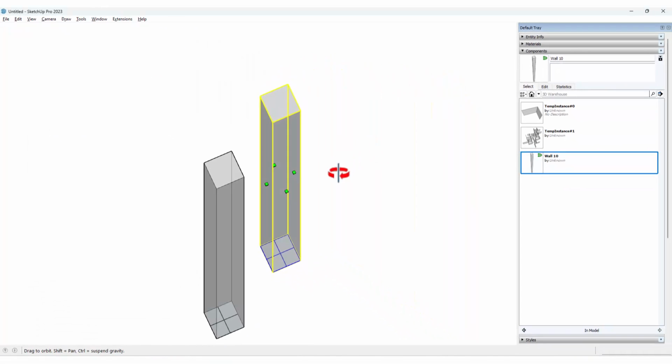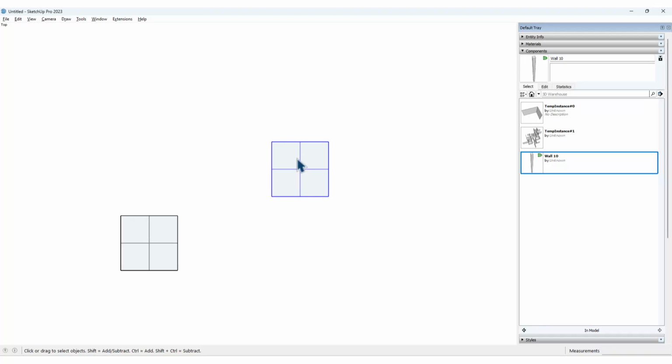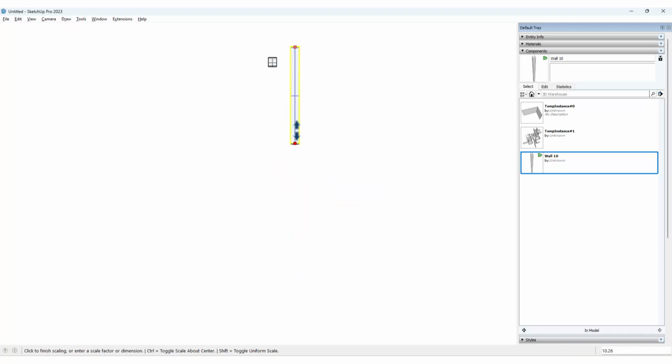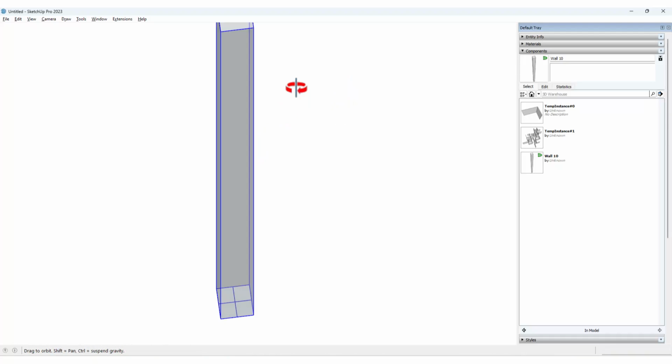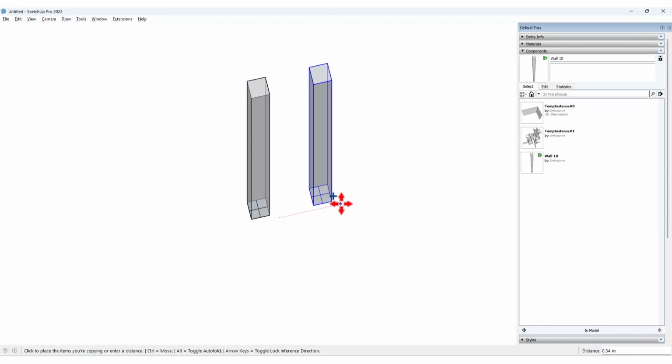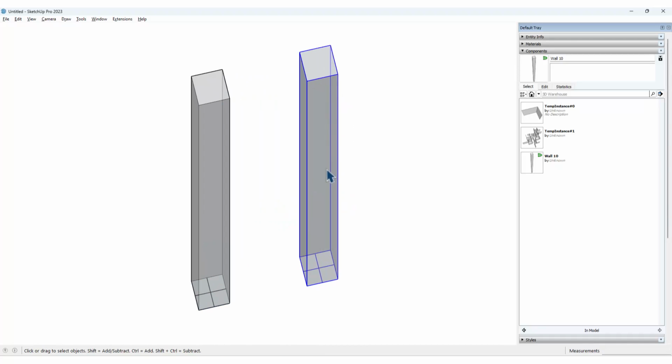So I will close it, and I will go into the top view by hitting Shift plus F3. And when I hit S on keyboard for the scale tool, you can see now these are the points that we really need in order to scale the wall in the place that we want it to be scaled. Now, because this was a component, it applied to this as well. So I will delete this one, and I will make a copy of this wall to the right,